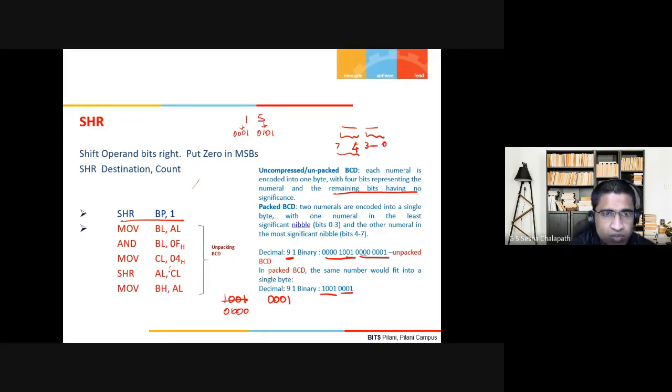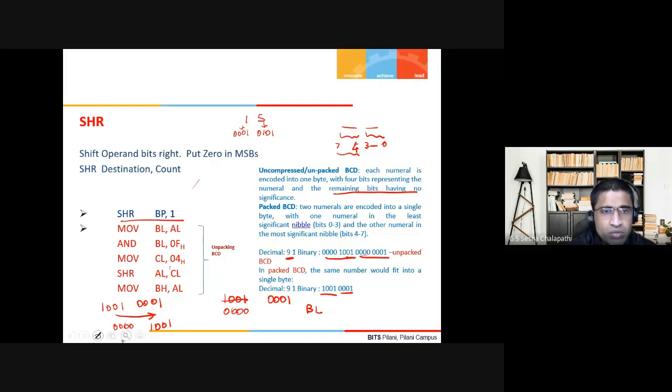This is now the state of BL. Now previously AL was 1001 0001, and I am shifting it to the right. So that will become 0000 1001.